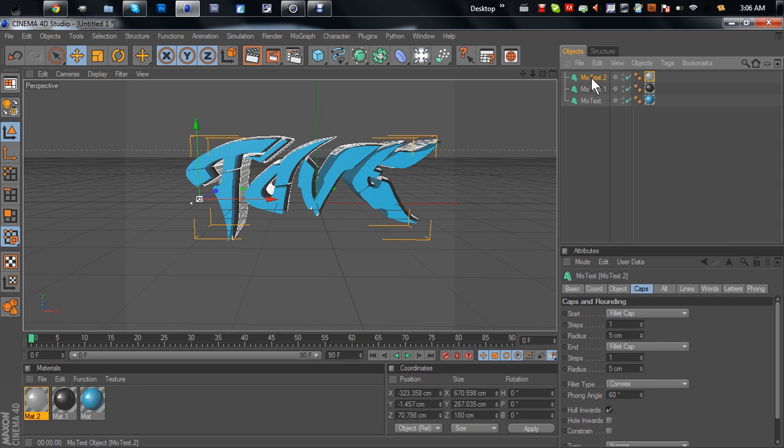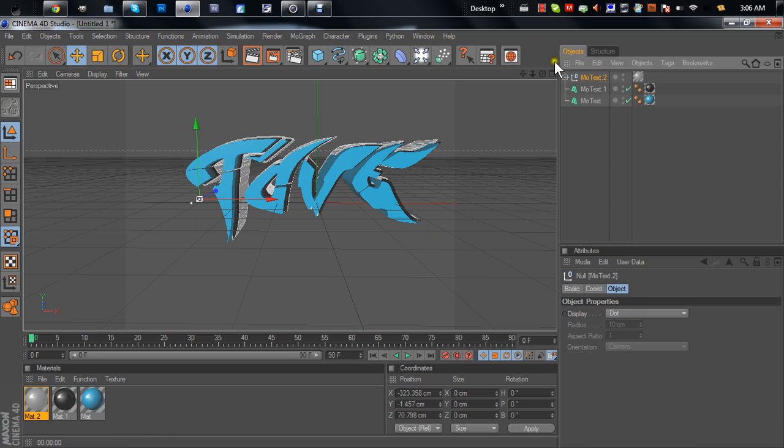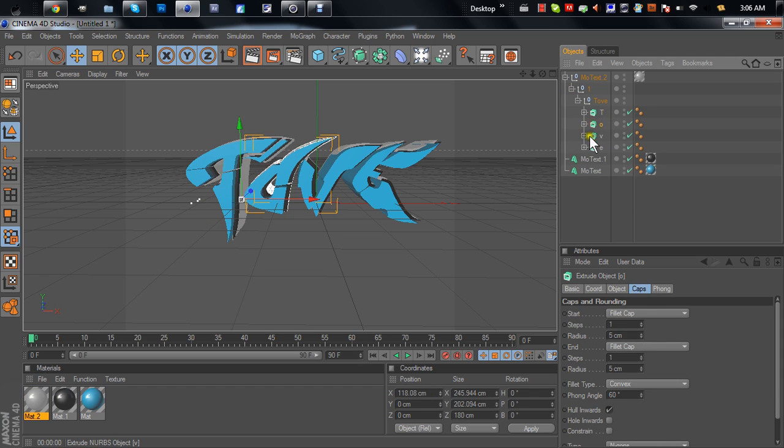You click on Motex 2, and over to your left hand side, you see File, and you go down. There should be a little bar here. You see a sphere with two arrows pointing at a sphere with sections in it. If you click that one, and then you hit the little plus key over on Motex 2, and hit the little plus key again on 01, and hit it again on Tove, and then you got TOVE,